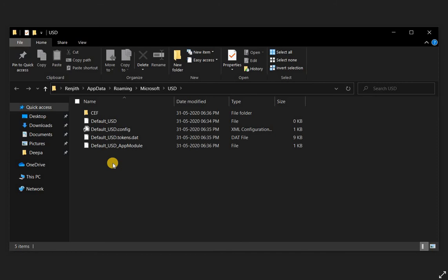I asked them to delete this folder, all of it, so that nothing is taken from the previous configurations, because my thought was that one of these files might have got corrupted and was causing this issue.